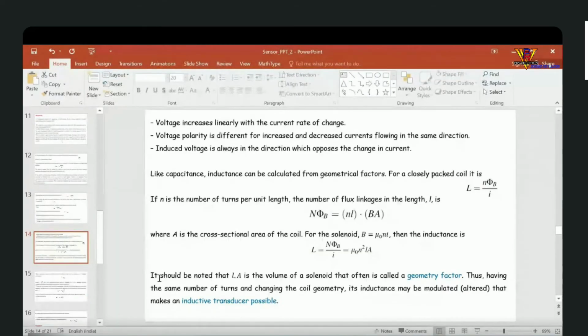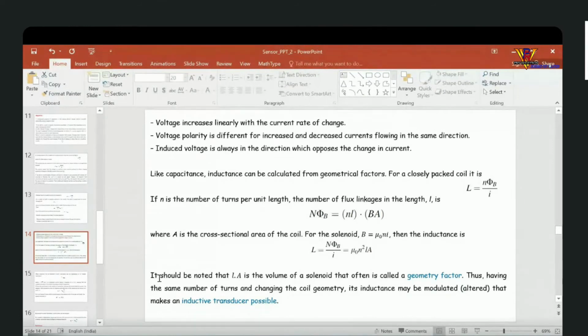So the inductance can be expressed in terms of capital N phi by I, or in terms of permeability, that is mu naught N squared L into A. So the L into A is the volume of the solenoid, that is also known as the geometry factor. Thus, having the same number of turns and changing the coil geometry, its inductance may be changed. And with this, we can construct an inductive transducer